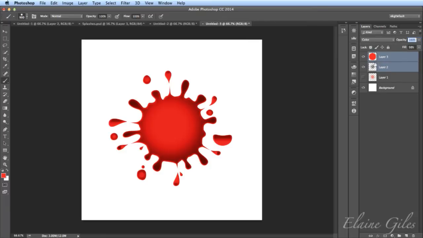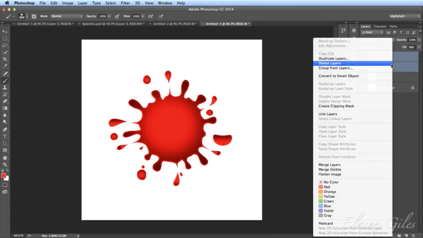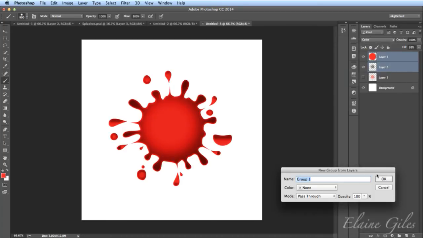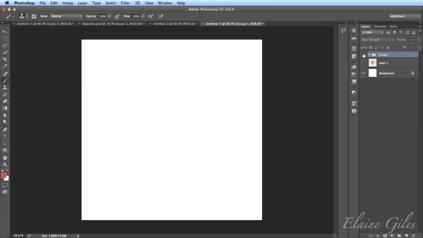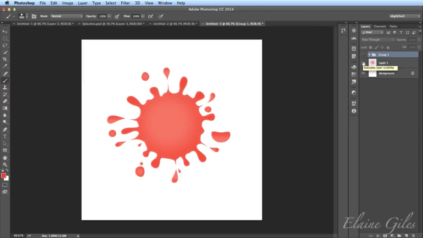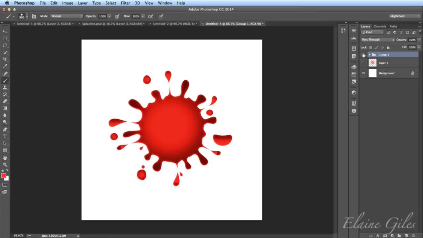Now, just to show you that it's taking two layers. The top layer is the colour and the lower layer is the shape. I'm going to just group those together. The only reason that I'm grouping them is so I can turn them on and off and we can do a comparison. It's no magic sauce there, no other reason. So I'm going to turn that one off and turn that one back on. So that was what it managed by choosing red as the colour and clicking the brush once. But this is what it managed if I did it in two steps.